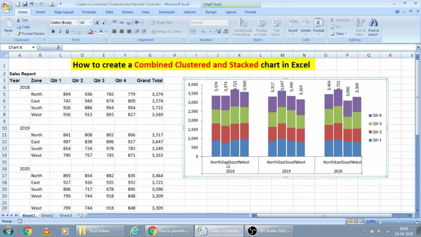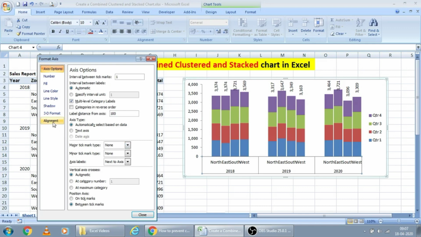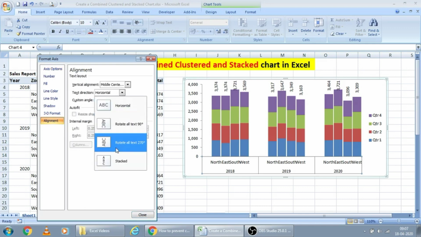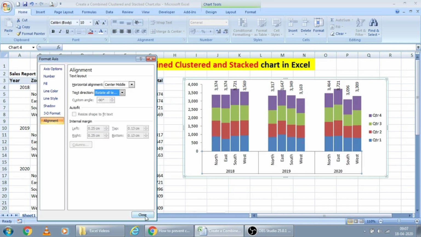After that, see this zone also, it's somewhat clumsy, merging with some other text. Next zone, this also I am converting the alignment to vertical. Go to format axis, alignment, text direction, put it like this, and close.